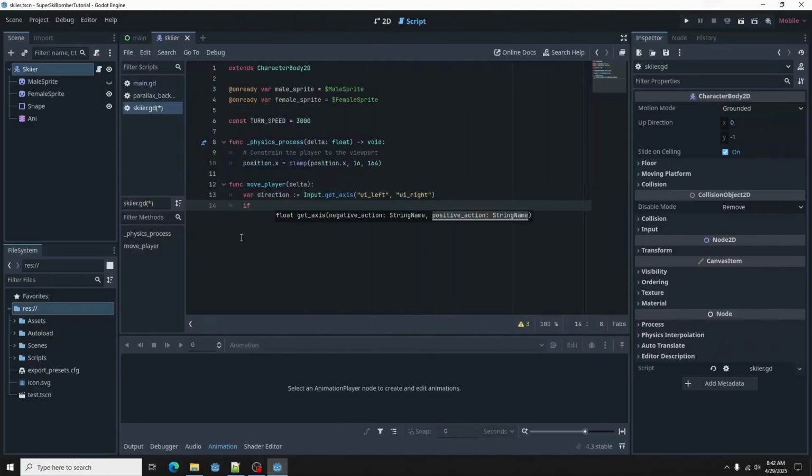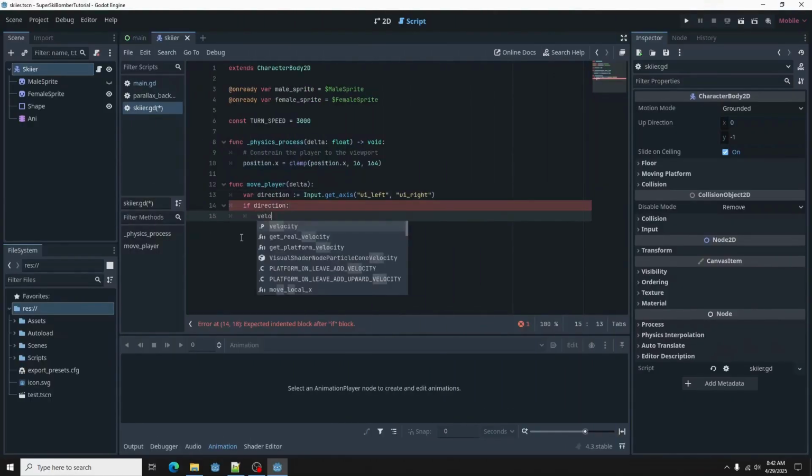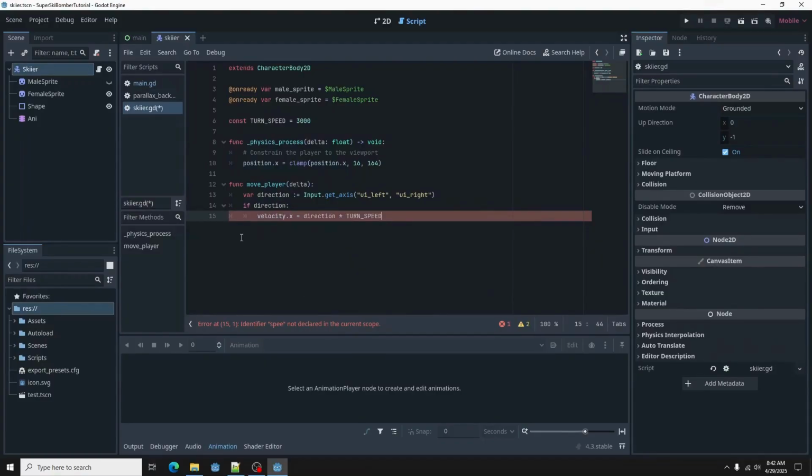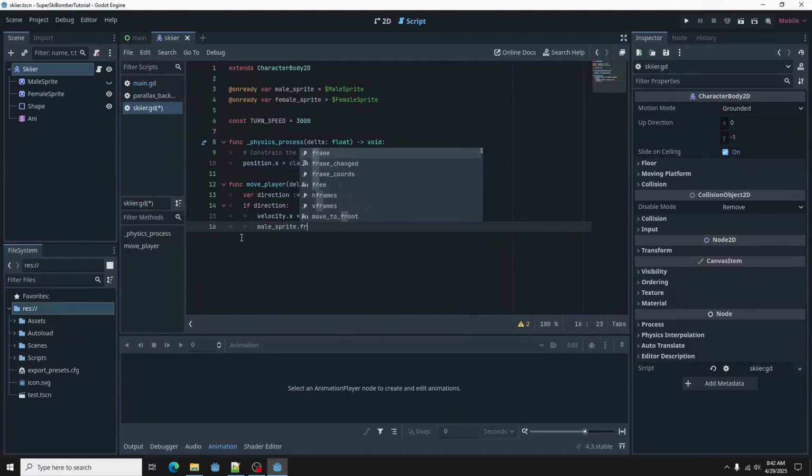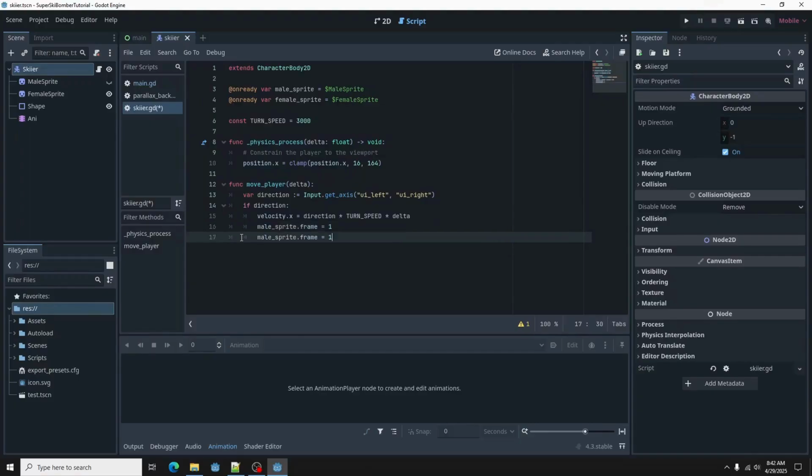Let's type if direction, velocity.x equals direction times turn speed times delta. Male sprite dot frame equals 1. Female sprite dot frame equals 1. Else